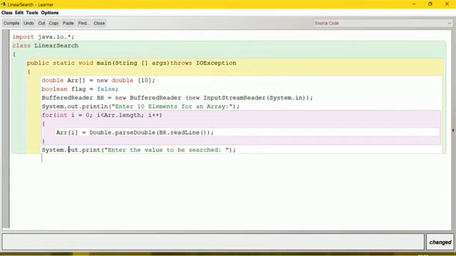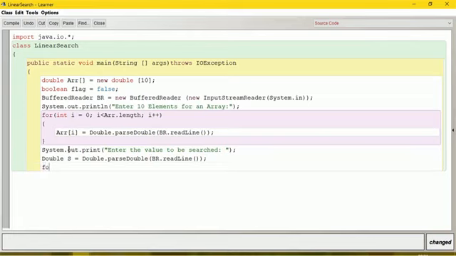Elements are double type, so we give double. S is the variable where we store the value to be searched, is equal to Double.parseDouble of br.readLine(), then we terminate.